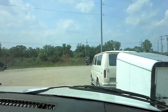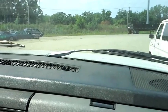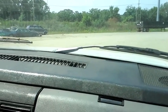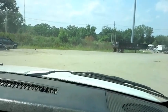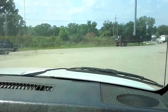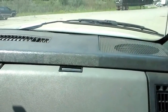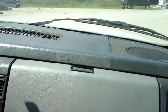There you go, hug the van. Just hug the van, you'll be alright. Alright, I'm going to go in and get paid, and they're going to put it in park. Don't turn it off. Oh, sorry. Yeah, well, we just had to, there you go. Alright, as long as it'll...